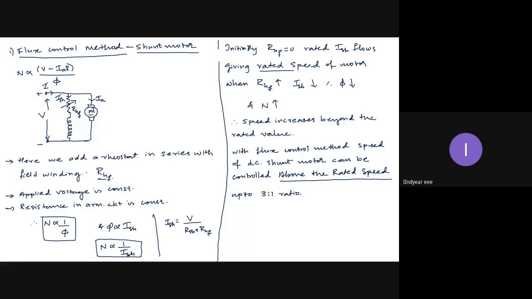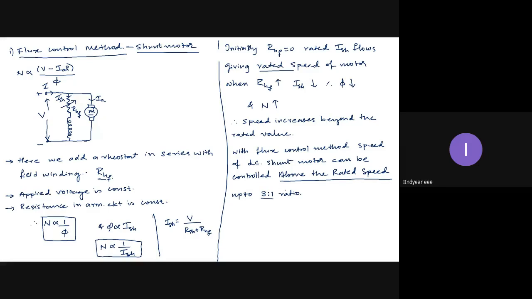Practically, it may not be possible. Practically, I can't go even almost double the value, because there are many complications that we get because of large centrifugal forces. There can be mechanical damage to the rotor, and commutation problems will occur. So up to 3:1 I can increase theoretically, but practically not. Now, what happens when I do this? I should observe that also. No doubt, just by adding a rheostat in the field and varying it, I can control the speed. This is a mechanism. But what are the consequences?